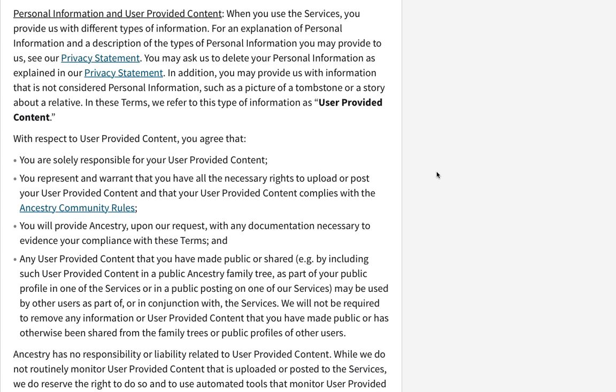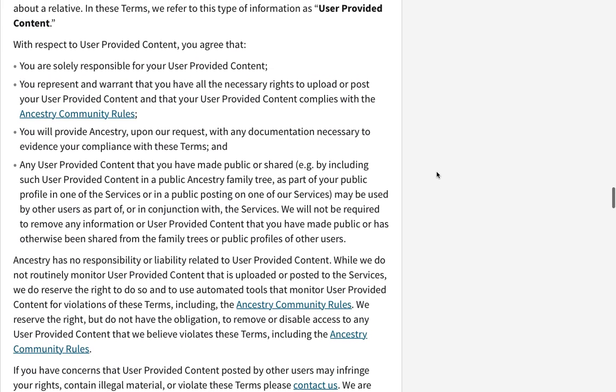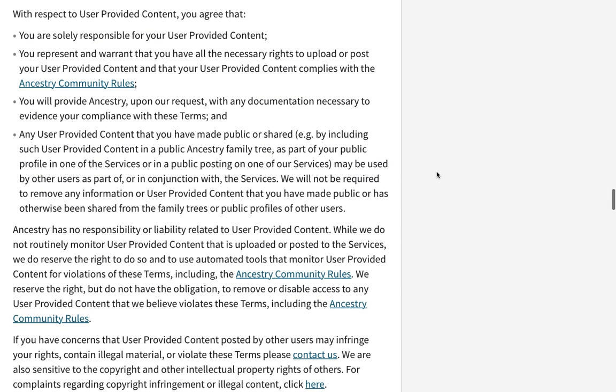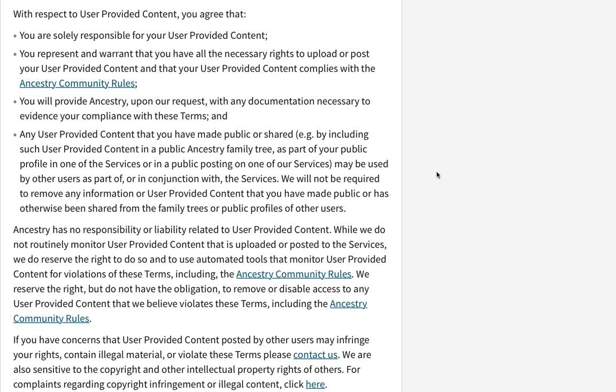With respect to user-provided content, you agree that you are solely responsible for your user-provided content. You agree that you represent and warrant that you have all the necessary rights to upload or post your user-provided content, and that your user-provided content complies with the Ancestry community rules. You agree that you will provide Ancestry upon our request with any documentation necessary to evidence your compliance with these terms, and you agree that any user-provided content that you have made public or shared, for example by including such